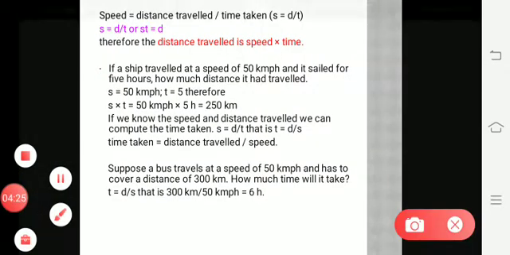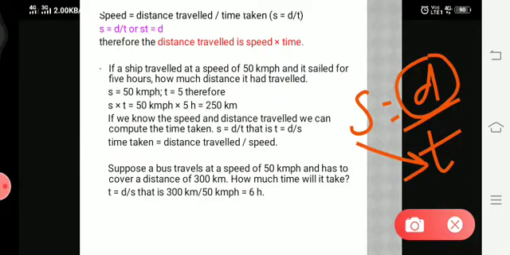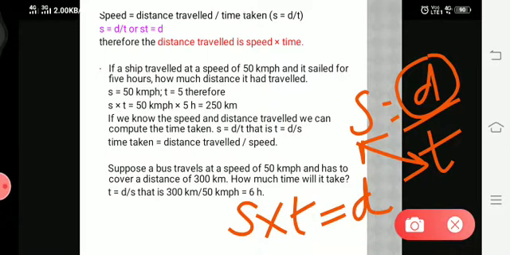In this slide I have told about the formula, the same: average speed equal to D divided by T. This is what you know. Now, if they ask how to calculate the distance traveled, what do you have to do? You have to multiply speed and time taken, and you will get the distance traveled. For example, to calculate the distance from your home to school, you have to multiply the time taken by the average speed.